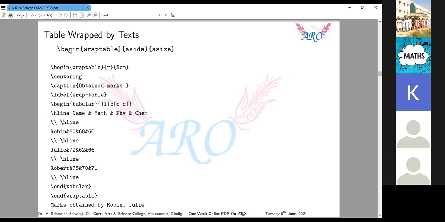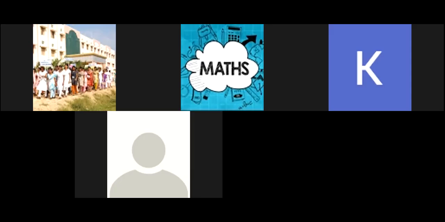So here the alignment argument is, suppose you want the left side or right side, only two. So here I am using R. R is for right side. I need this table on the right hand side. So the size of the table, I need only 5 centimeter width. Okay, so here 5 centimeter is only the width of the table, only the table. It automatically creates the wrap. Suppose if you have a very small table, we may use